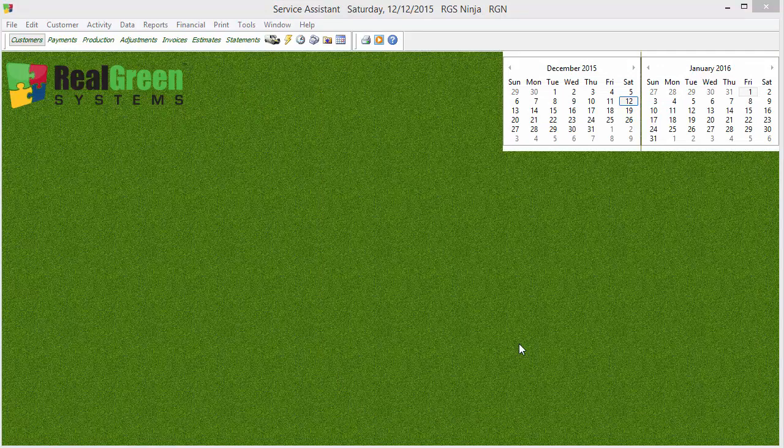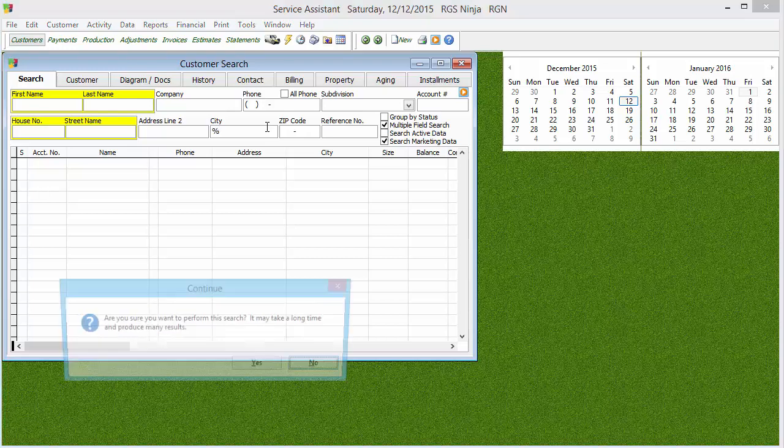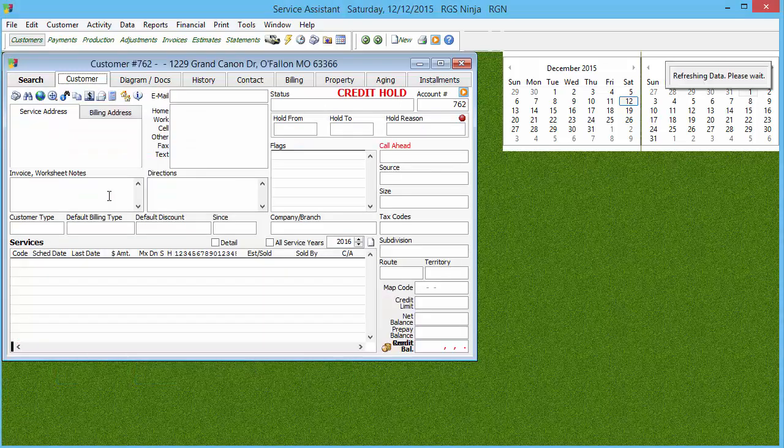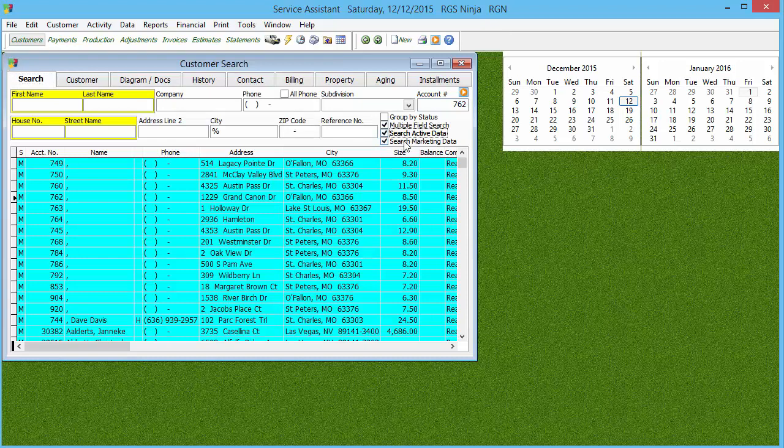Now, the last thing I want to talk about is active database customers versus marketing database customers. When you open up the customer screen here, you'll see we actually have a chance to look for active data or marketing data. Again, this is one of those things that's caused confusion in the past. Marketing data are customers in that blue marketing status, the M status. If we take a look at a marketing customer, I hope I have at least one, there we go. They actually have no service grid down here because they're a marketing customer. Now you can move them to the active customer database, but marketing customers are just that. They're in the marketing database.